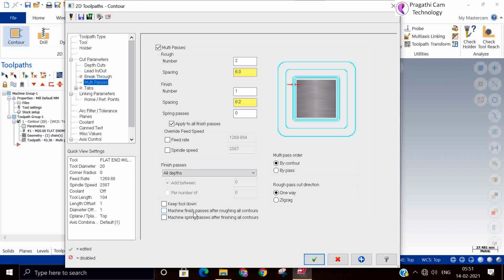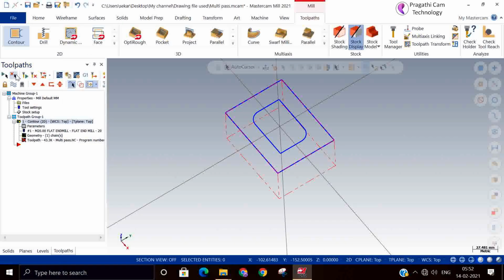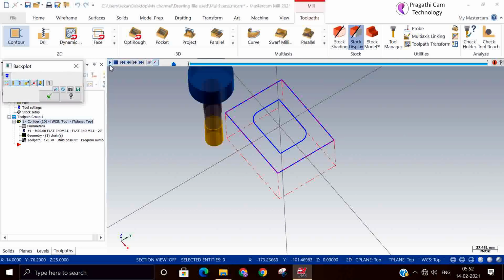So now we will see by switching on machine finish pass. After roughing, one finish pass you do it. That's the meaning. Otherwise each and every pass it will make the finish pass. So now I am not switching on this option. Just we will regenerate and check whether material clearing is happening or not.